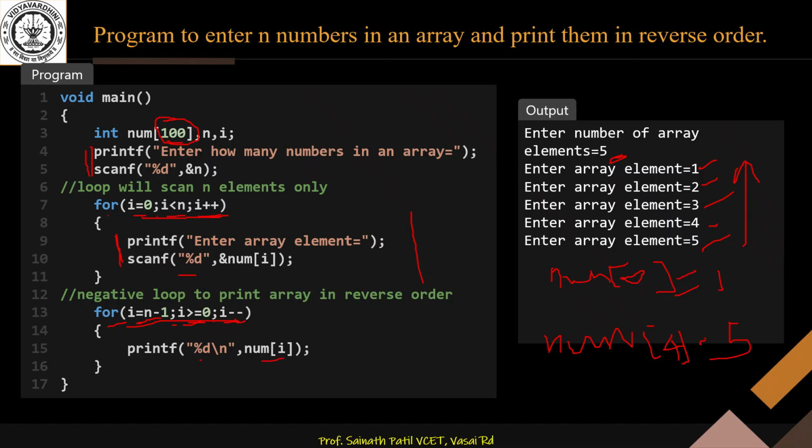Now initially the value of I is started with, sorry, 4. It is greater than 0. So num of 4 will be printed, that is 5. So first 5 will be printed. Then the value of I is minus minus, it will be 3. Is it greater than 0? Yes. So it will print %d, num of I, that is num of 3. So 4 will be printed. The value of I will be decremented by 1, that is I minus minus. It will be 2. So printf num of I, num of 2. It will print 3, like that. These values will be